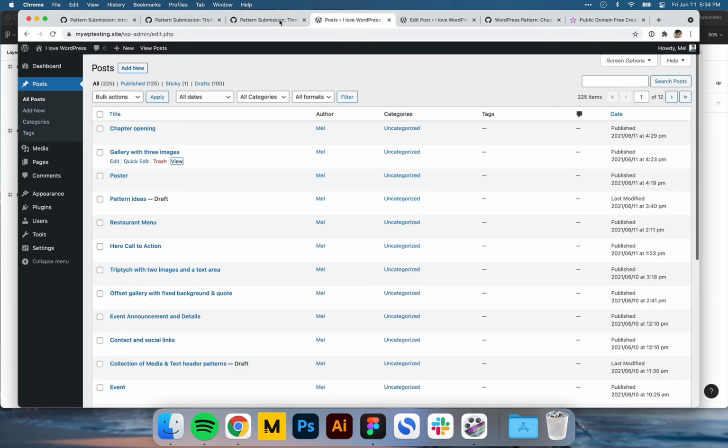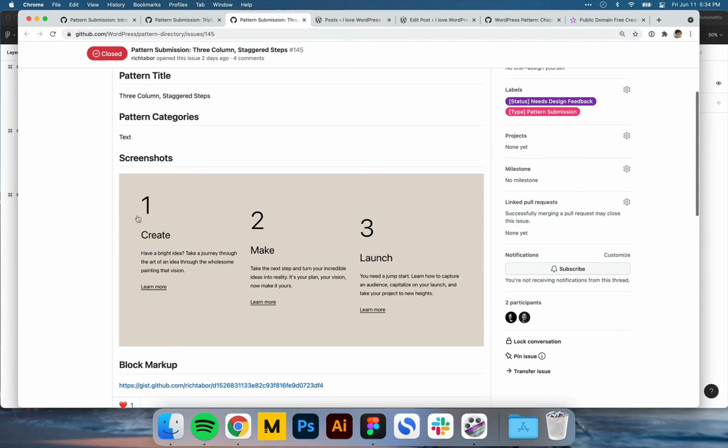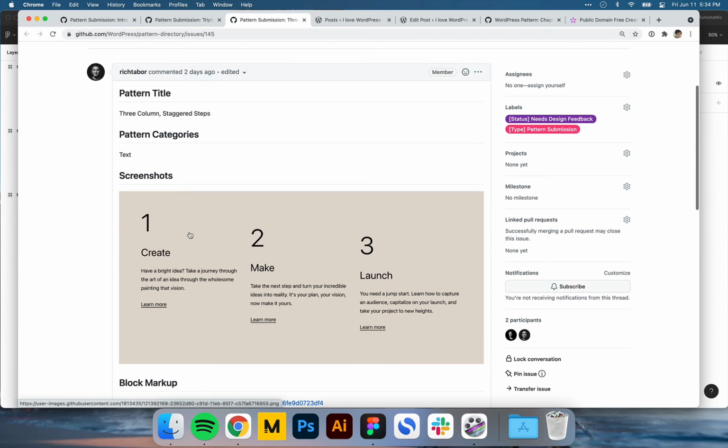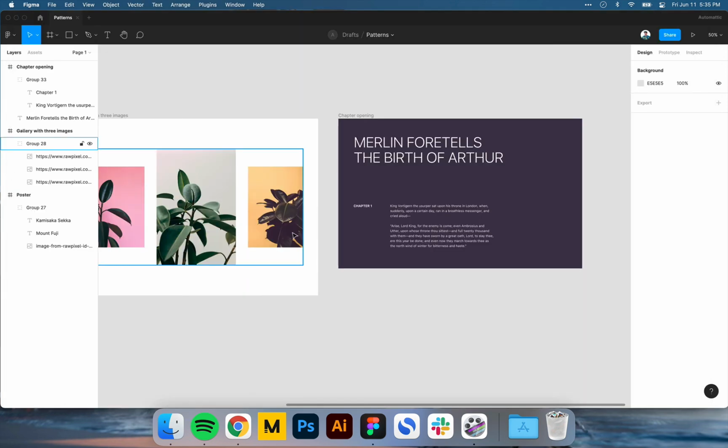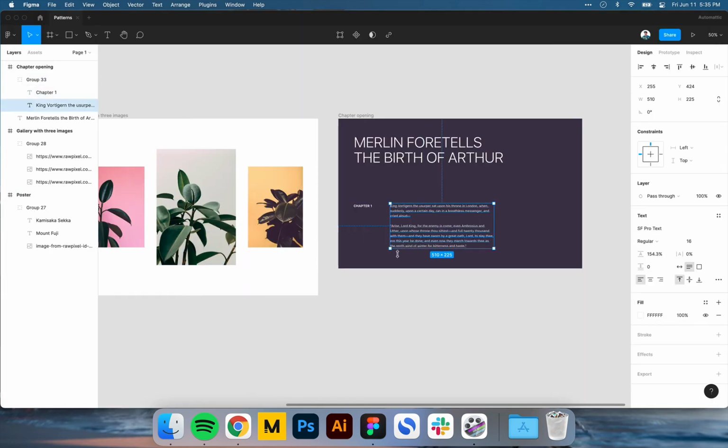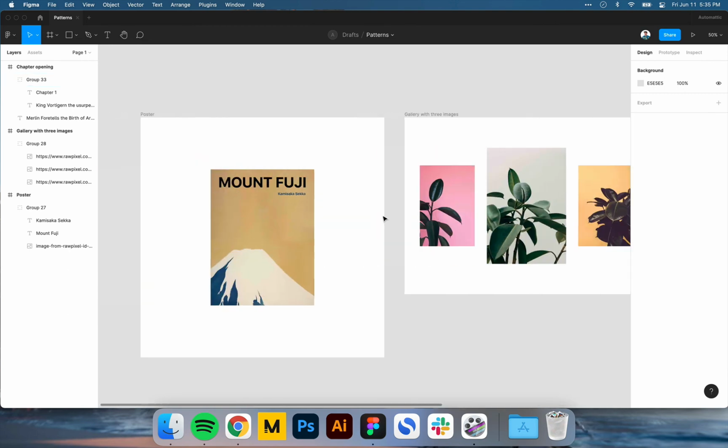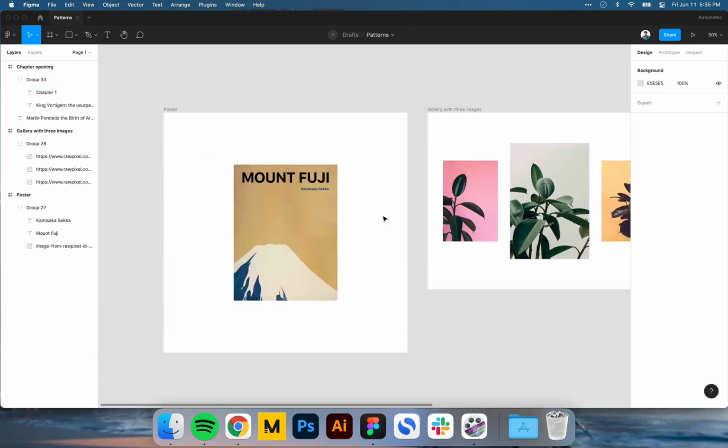And then the other thing we've been focusing on is real fake copy. So rather than using lorem ipsum, trying to make it look like it is actually using real copy. And so for the most part, we've either been writing that ourselves or, for example, this text is from a book in the public domain. So if you do want to take a shot at it, I advise doing that. If you eventually want to make some patterns once the directory is live, you can submit as many as you want,